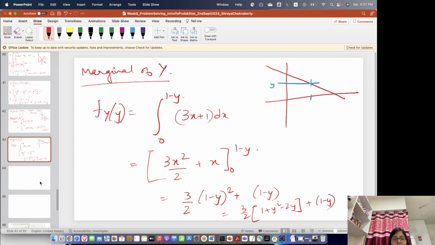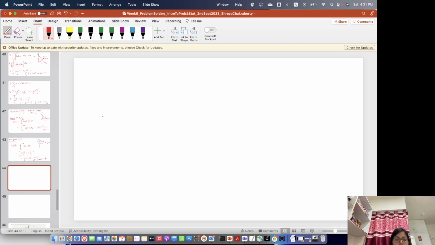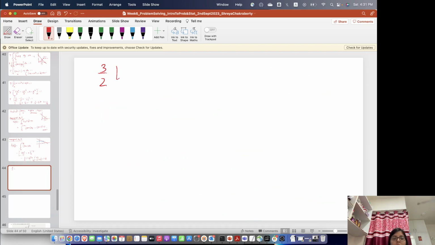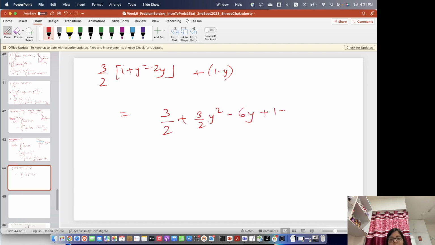So then we'll have 3 by 2, 1 plus y square minus 2y, plus 1 minus y. So it will be 3 by 2 plus 3 by 2 y square minus 6y plus 1 minus y. This will be 3 plus 3y square